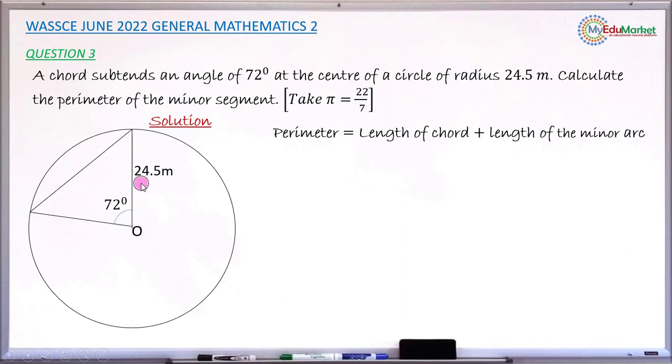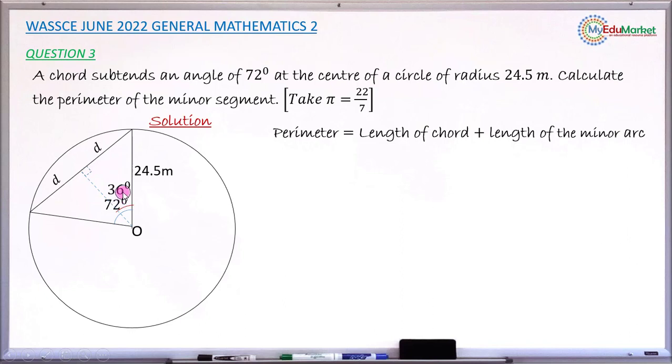This is an isosceles triangle. This triangle that you can see inside of this circle is an isosceles triangle because this is radius, this also is radius. Properties of an isosceles triangle say if you now draw from this opposite corner to this side so that it will now be perpendicular to this, you now have this chord divided exactly into two equal halves. So this will now be D. This will also be D, and this angle 72 will also be divided exactly into two equal halves